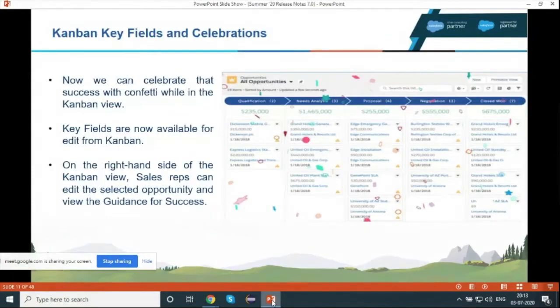Other feature is send attachment with report. Let me tell you, previously, if you subscribed to any report, the information of that report was pasted in the body, then sent to the customer or user. But now Salesforce introduced this feature where you can easily attach a CSV file to the subscribed report email that can be sent directly to the user, and the user can easily do analysis on that Excel or CSV file.